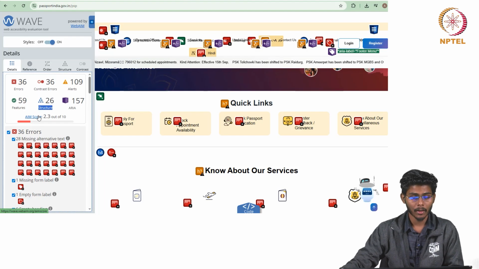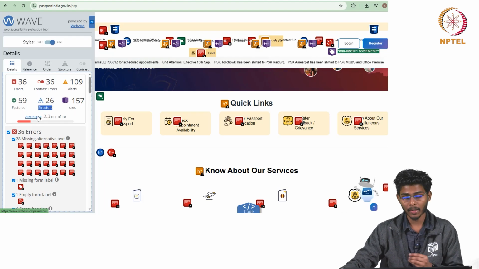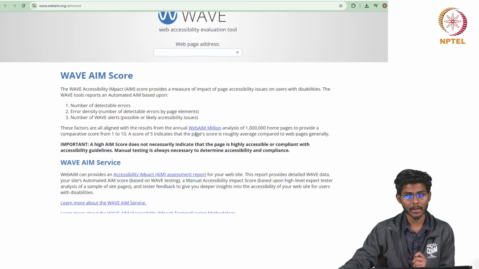For each website, it also generates a score, which is the AIM score.